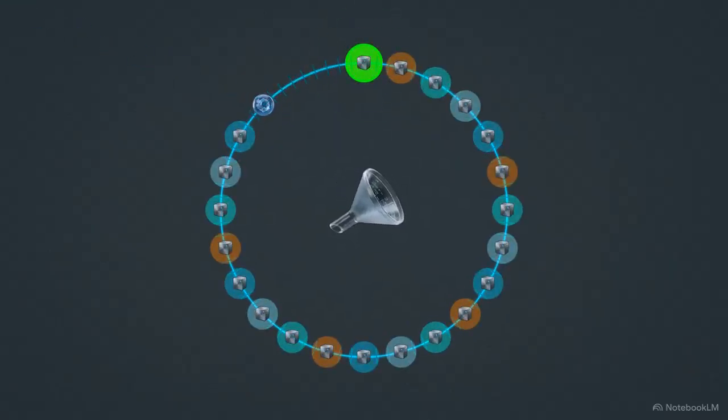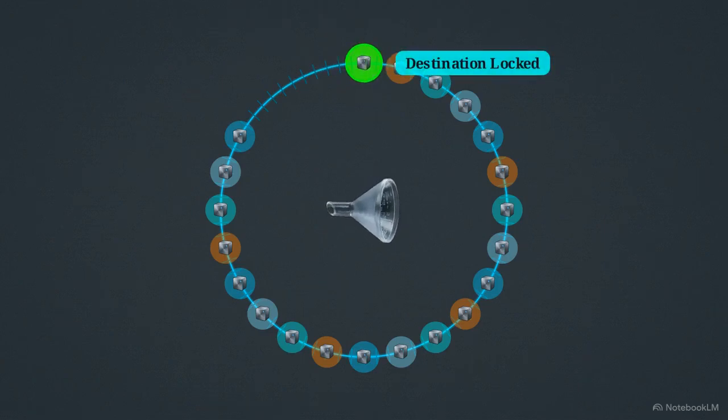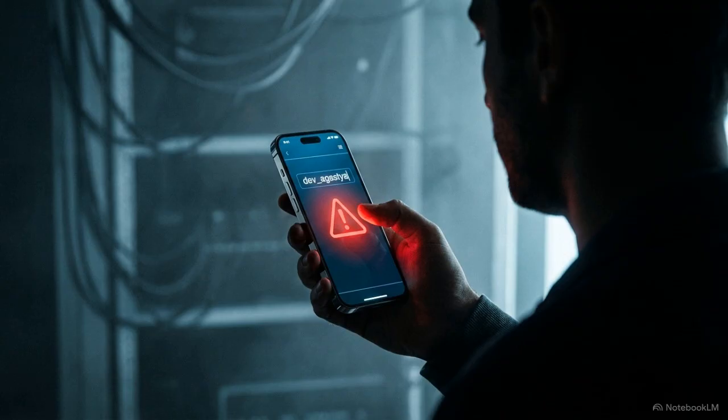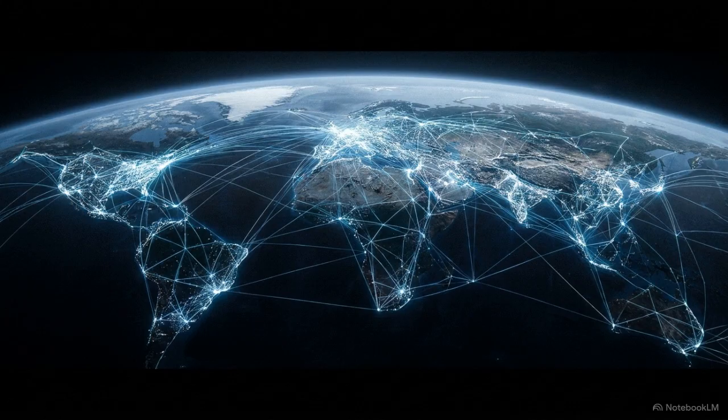It applies the clockwise routing rule in a fraction of a millisecond to pinpoint your exact destination. And finally, the request strikes the one isolated, correct database shard out of thousands, completely ignoring the rest of the massive network. The username already taken warning is the final output of a high-speed routing engine, the mechanism that allows global platforms to maintain sub-second response times as they grow toward billions of users.